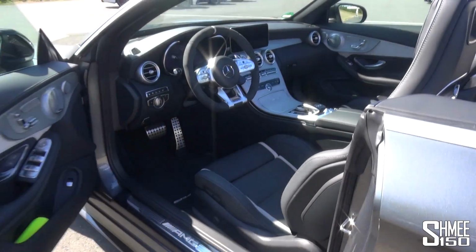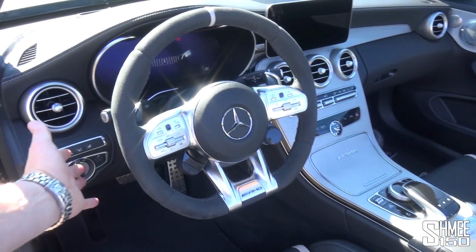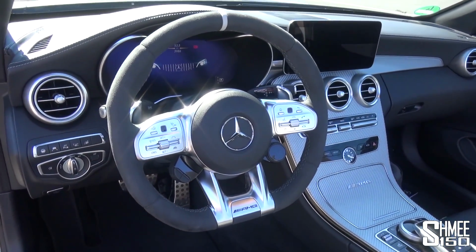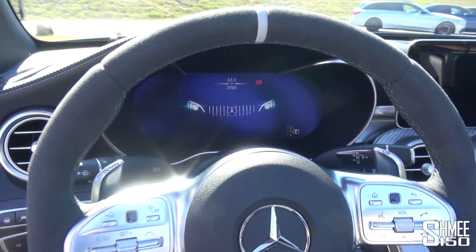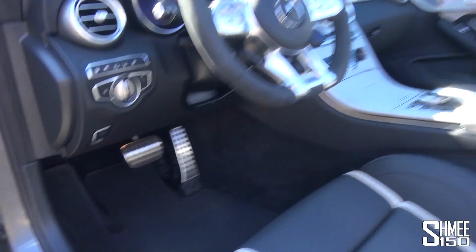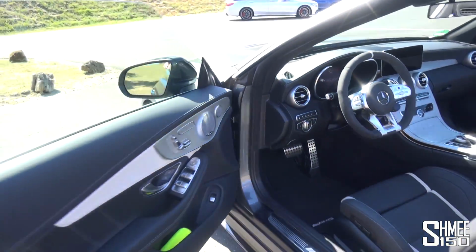Now we'll come back to this in more detail to run through everything, but to introduce the new changes, we have the AMG Sports steering wheel with the flat bottom and also the touch controls, because behind that you will spot the new full digital display that has a lovely startup picture there showing the grille and the headlights. So we'll go through all of the different settings and things you can see in the screens, but just to open up the engine down here for a moment, find the lever, there we go,